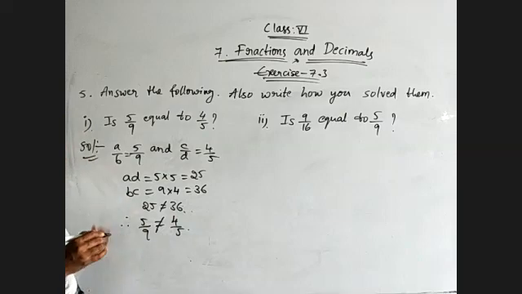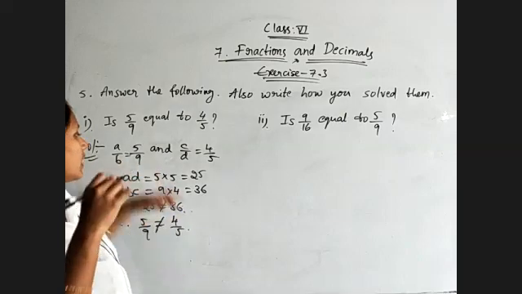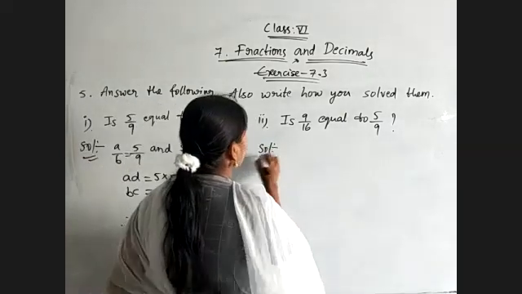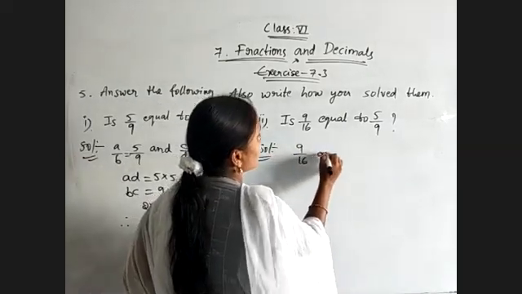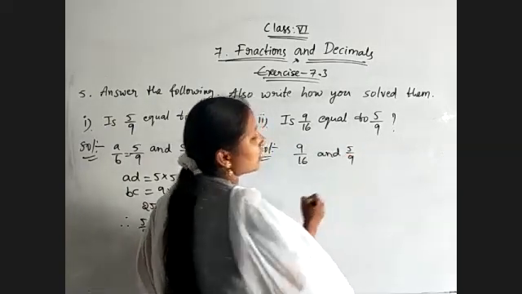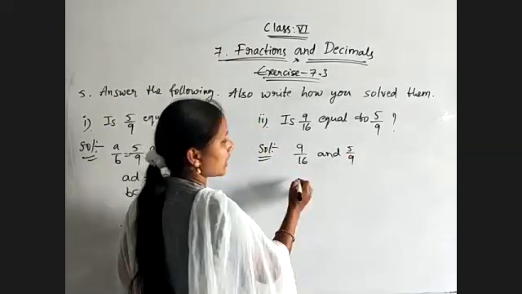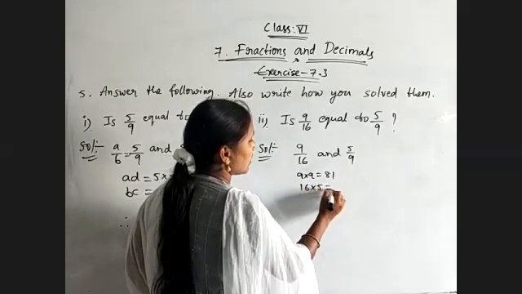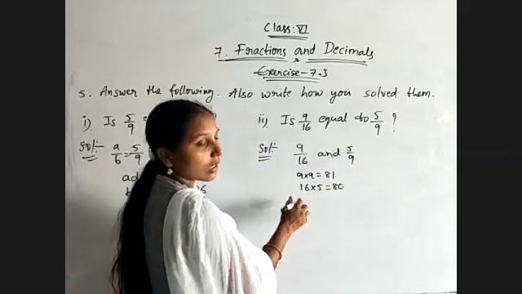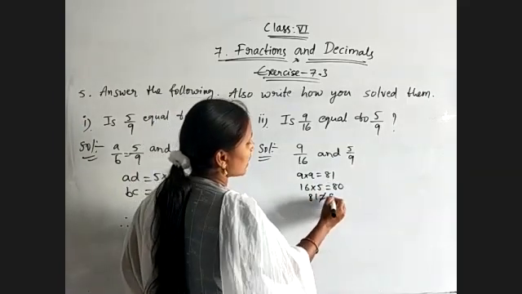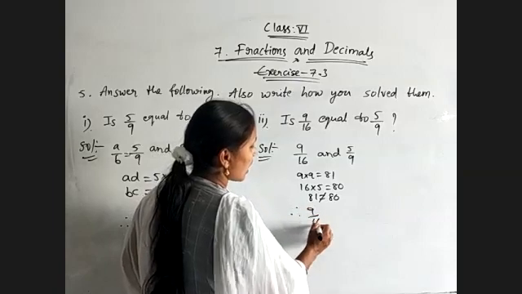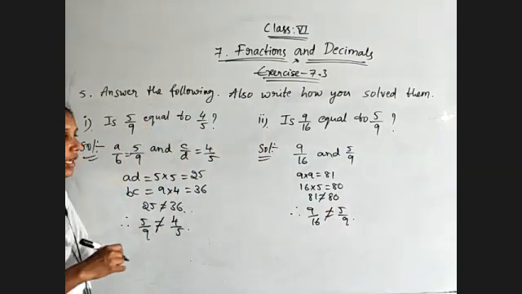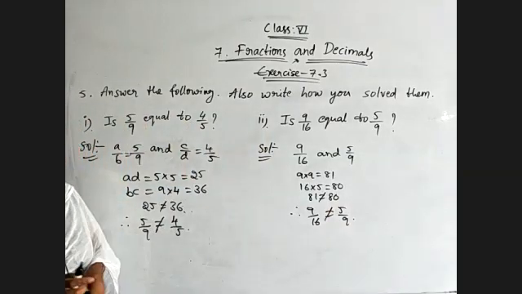That's all. Okay. Now, instead of these things, just directly we will do the second problem. Observe that the given two fractions are 9 by 16 and 5 by 9. Now go through with the cross multiplication. 9 9s are 81 and 16 5s are 80. Are they equal? No. So 81 is not equal to 80. Therefore, 9 by 16 is also not equal to 5 by 9. That's all. Okay. Now we will check the remaining two problems also.